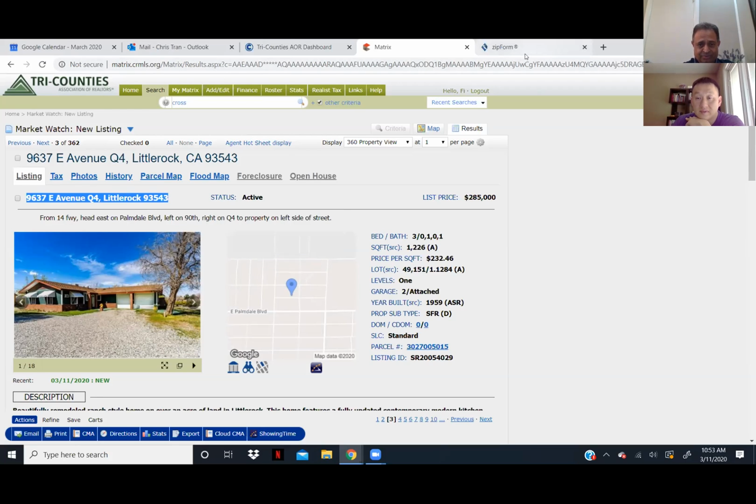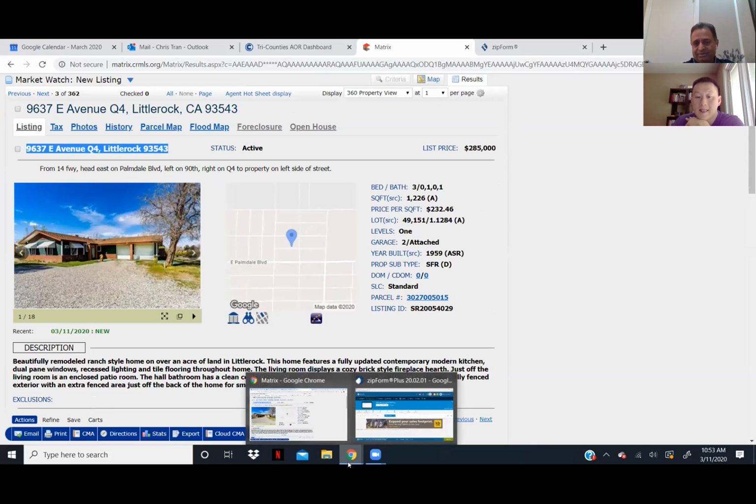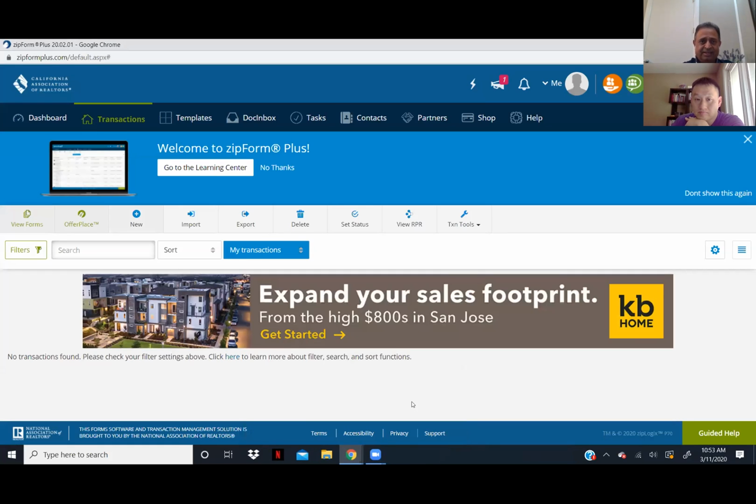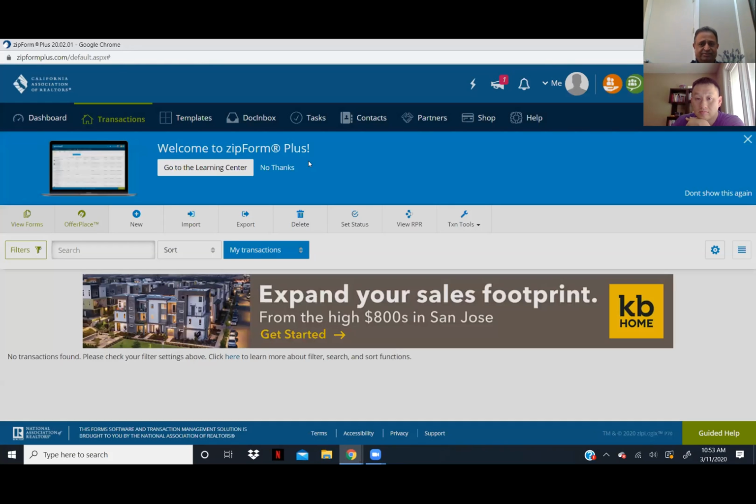Okay, now if you go to the bottom where Chrome is, go to the right. Now that's where we need to go to the template. Okay, we're not going template, we're going to do a new. We're already in transaction. So hit new at the bottom, right side, there you go. Do a new purchase agreement. We're writing an offer,